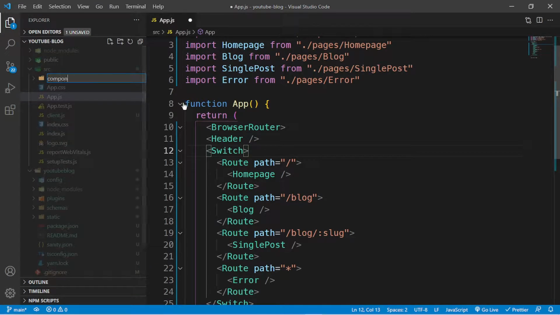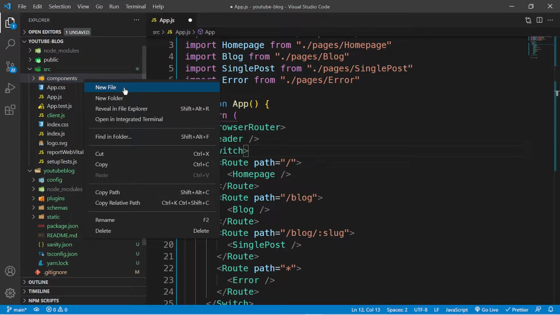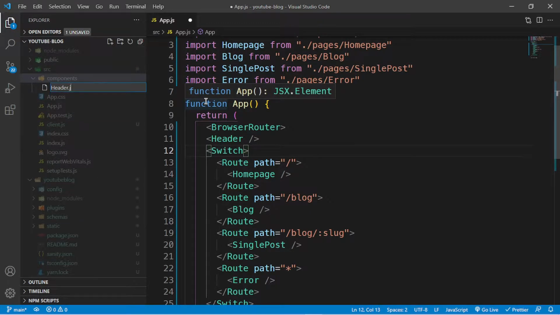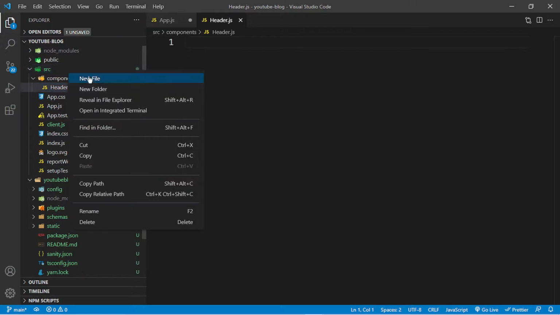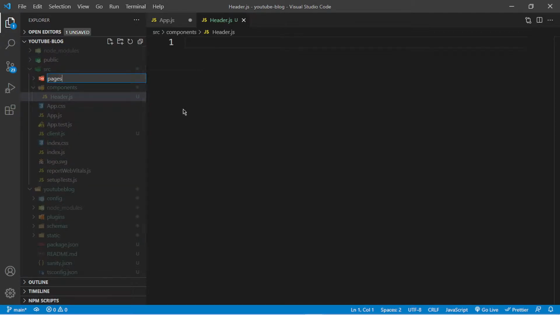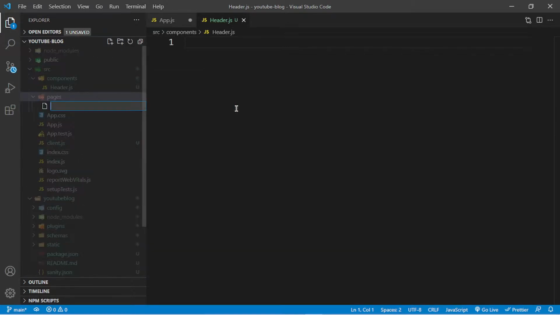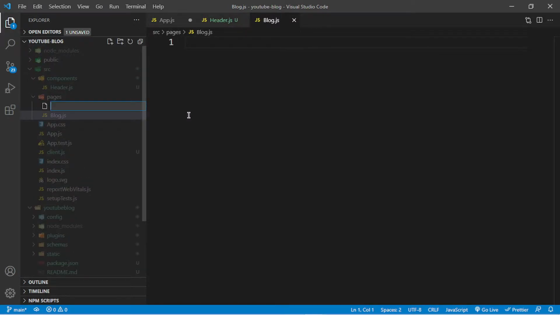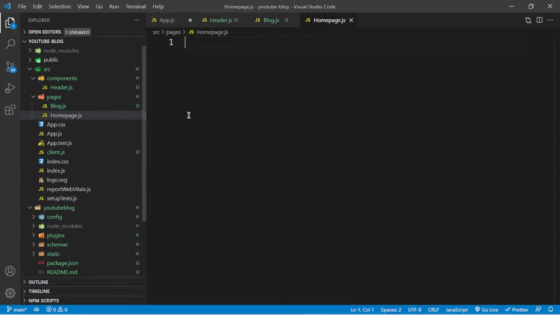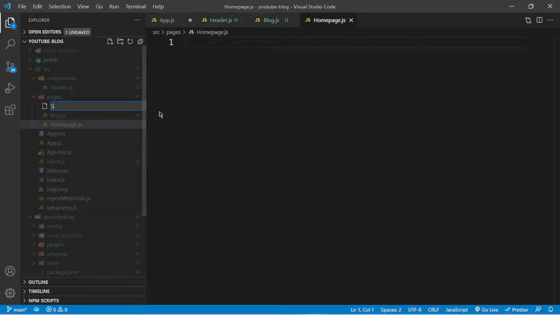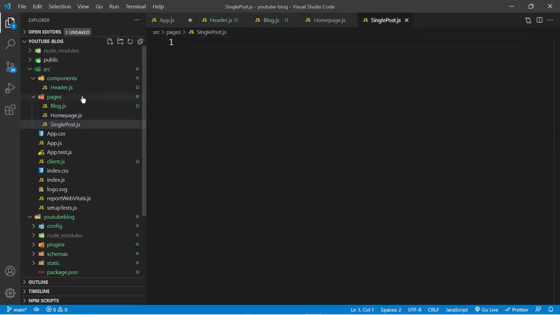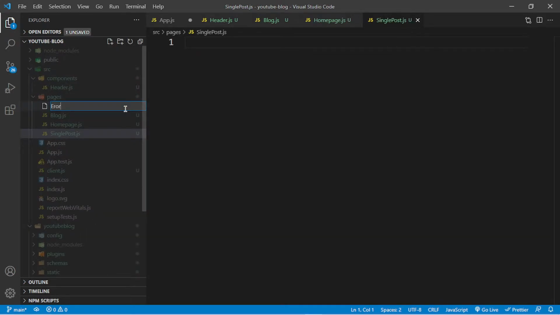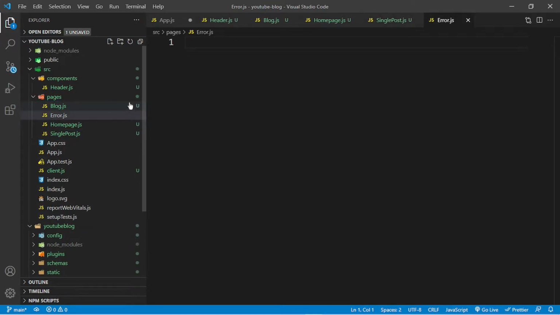here called components. And then inside components, I'm going to create a new file called header.js. And then once again, inside the source folder, I'm going to create a pages folder. Inside the pages folder, I'm going to create blog.js. And then I'm going to create homepage.js. And then I need single post.js. And then I also need error.js. Okay. And then let me close this so that it doesn't go all the way to the